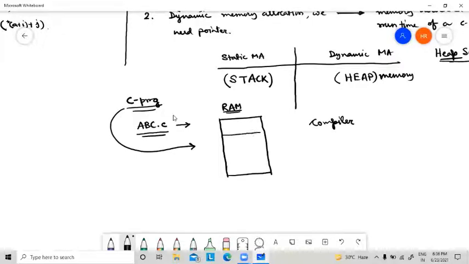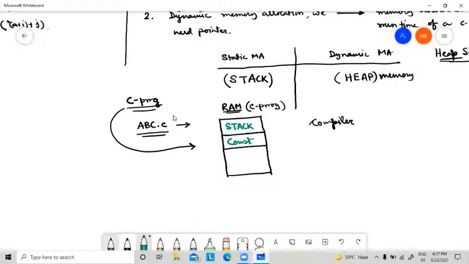So this is the RAM memory for a C program, which is allocated by the C compiler. Among our RAM memory, some portion is occupied for a C program when we run it. And the memory is divided in such a way: one portion of the memory is called stack. Another portion is called constant.